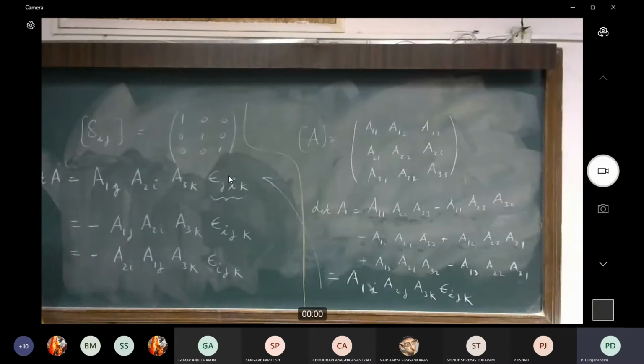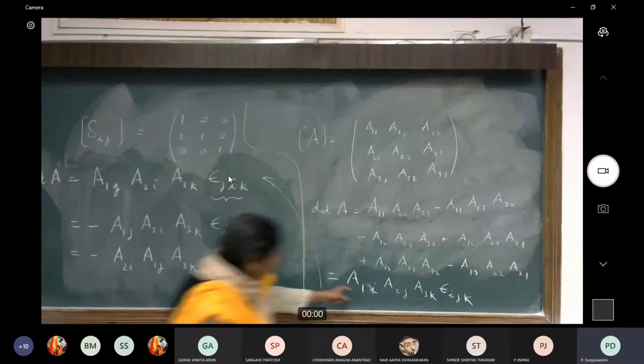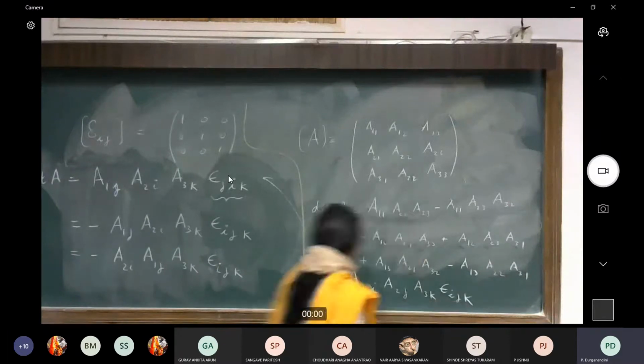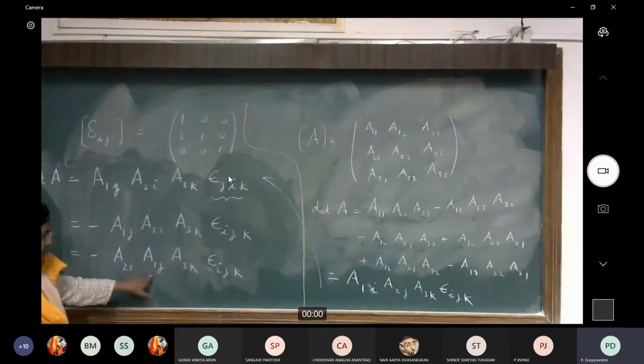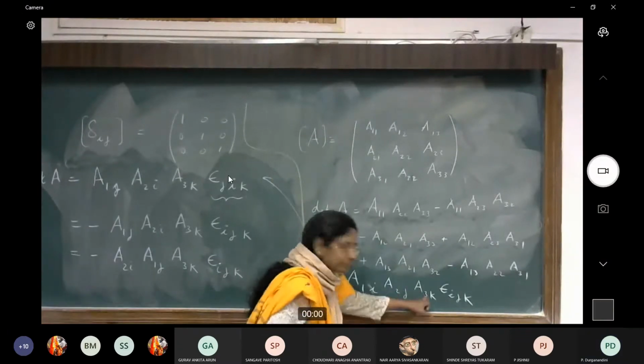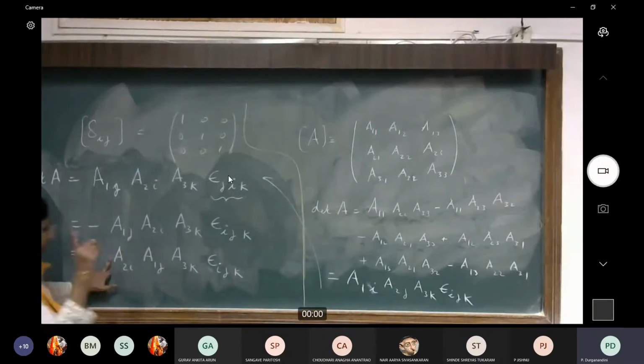Alright. So what you can see is that when I had 1i, 2j, 3k, I got epsilon ijk, but now when I have 2i, 1j, so it's like I have permuted these 1, 2, 3 to 2, 1, 3. And when I permuted these first indices, I get an extra minus sign. I've done one permutation, so it's an odd permutation, I get an extra minus sign. So I could write this in the following way.